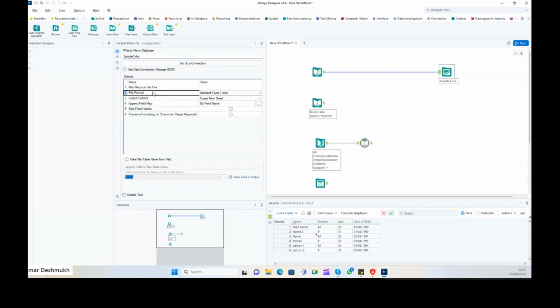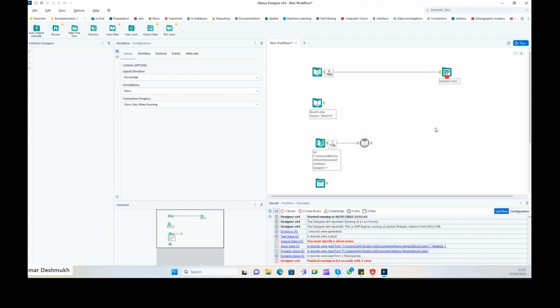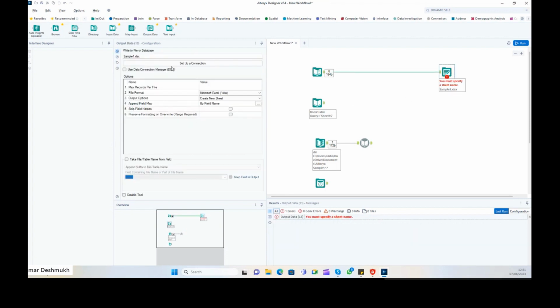That's why we will be able to select a sheet over here if you want to write data to a specific sheet. So for example, we are just writing sample.xlsx, and we don't have this file in the directory, and in the output options here we are selecting create new sheet. Okay, so if we hit run, we get an error here. Why? Because we have to enter a sheet